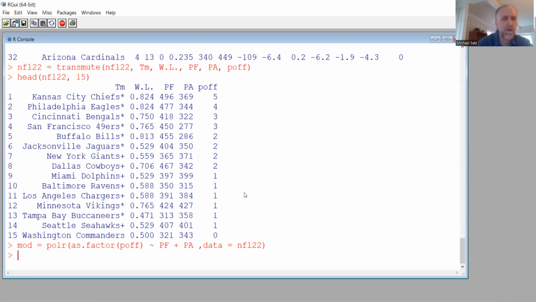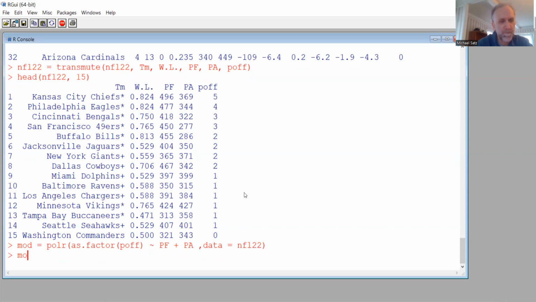Hit return. So now we're done. We got what we need. We got the juice out of 2022, not the vig, but the fruit of the data from the 2022 NFL season, regular season and postseason.